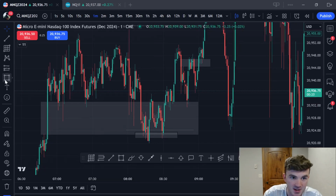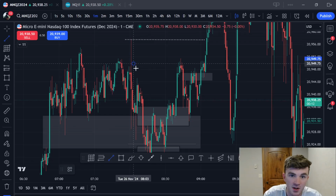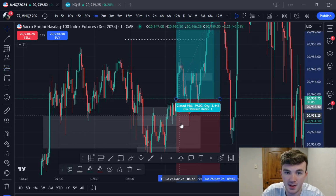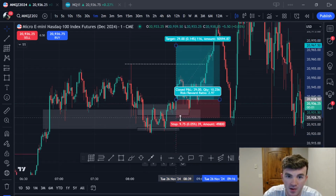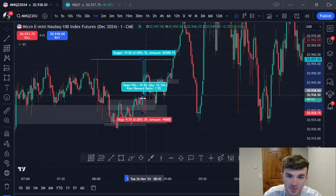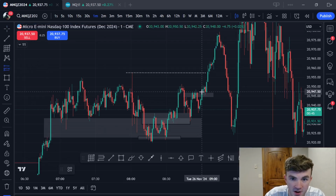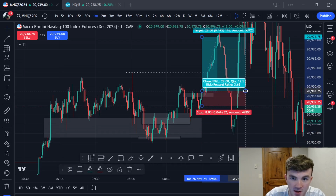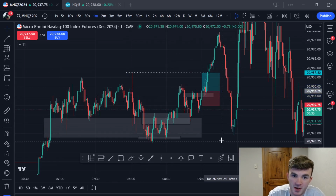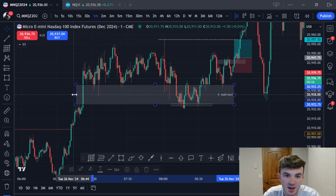You can see how once this closed above right here, this would have been a good entry to target this as well. You can see how all of these highs are essentially low resistance. So once you close above, you can enter and target this high, stop loss being a close back below this old bearish fair value gap. Same here. So there's that 2-to-1 restore trade, and then here you had this 1-to-1 restore trade. Once this closed above, stop loss closed below the old fair value gap, and then boom, 1-to-1 restore trade. So you can see how order flow was pushing higher, even though we had equal lows, which